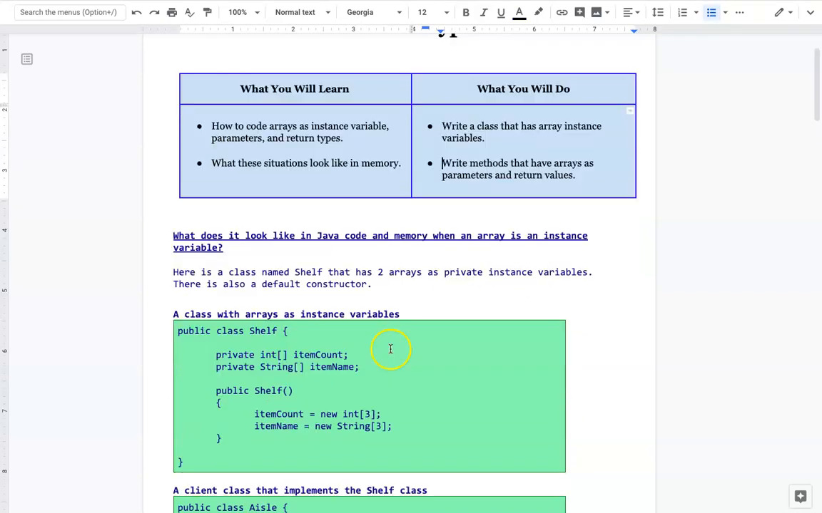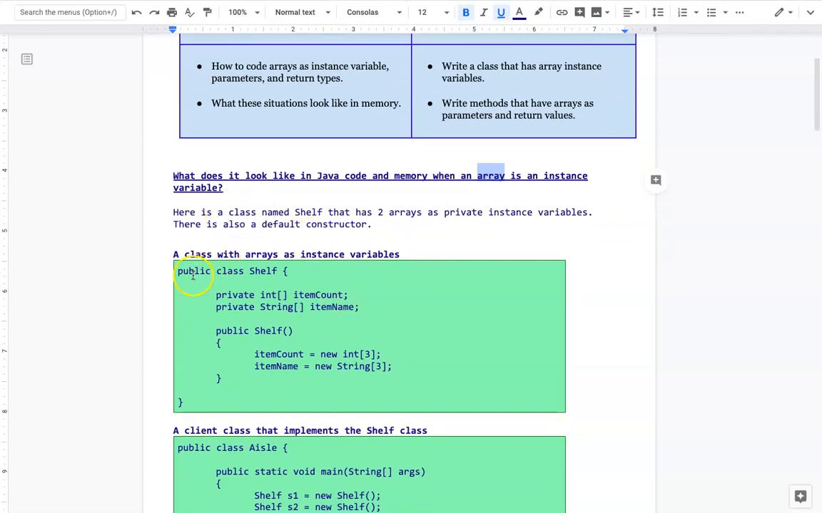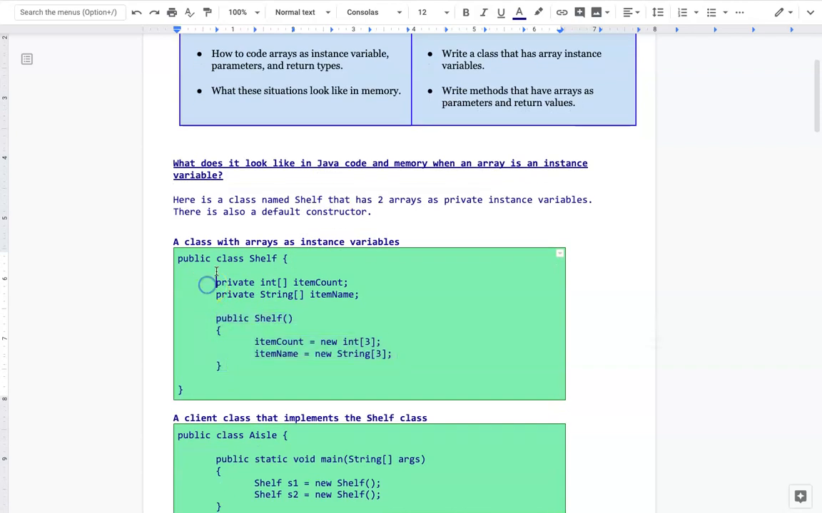So, first question, what does it look like in Java code and in memory when an array is an instance variable? So when you have a class, and inside that class, one of those instance variables, one of those properties, is actually an array. So what I have here is a class called Shelf, and this Shelf has two arrays as private instance variables, so I've got them listed up there at the top. I also have a default constructor right here, so let's just go ahead and look. It's a very basic class,